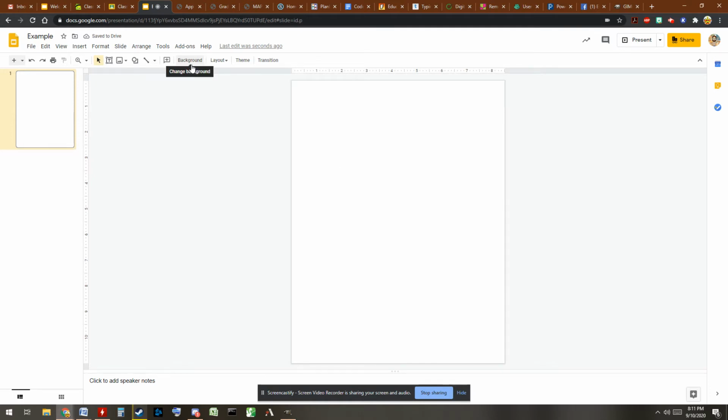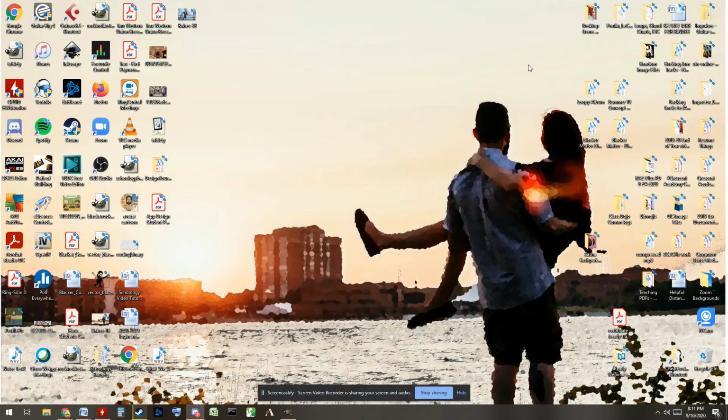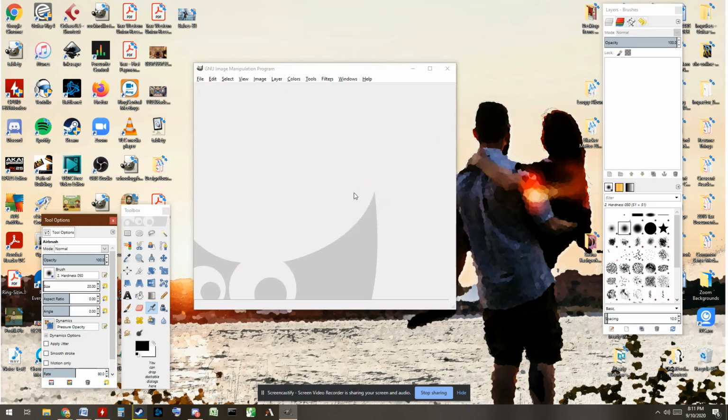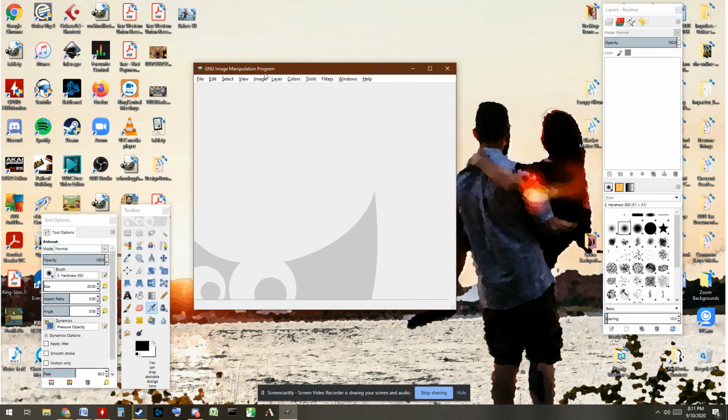Like you said before in your post, when you go to background and try to set a PDF, it won't allow you because a PDF is technically not an image file, and this is looking for a particular type of image. So to fix that, you're going to open up GIMP, the GNU Image Manipulation Program,